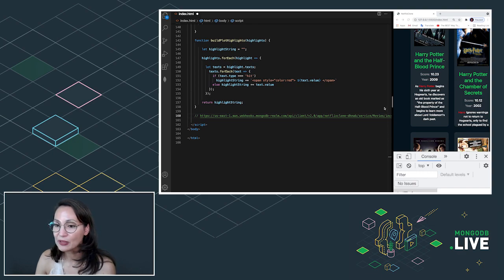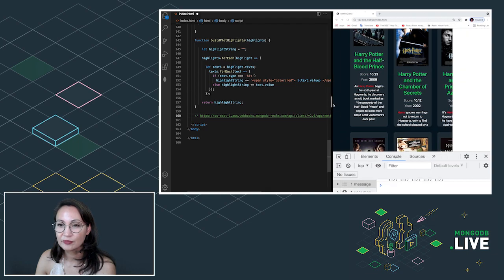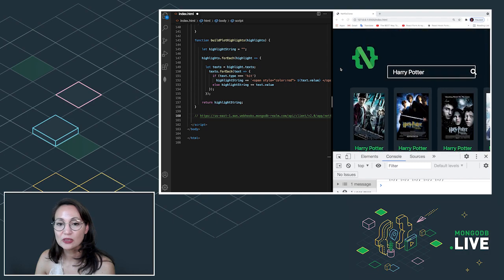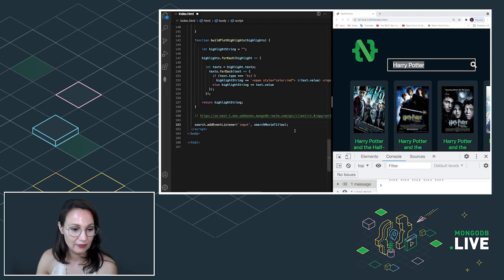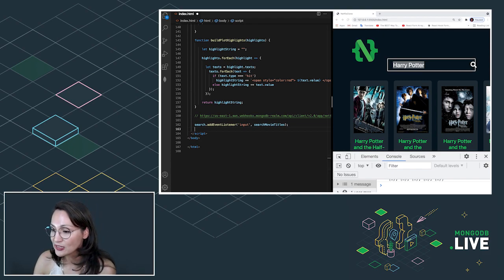So what we want to happen inside the application is, as we type everything in this box, I want to hit that API. So I'll type in Harry, I'll get some results. If I type in Harry P, I'll get different results. So I'm going to add an event listener to listen for input on that box on the search bar. So search add event listener, it's going to call the function search movie titles.